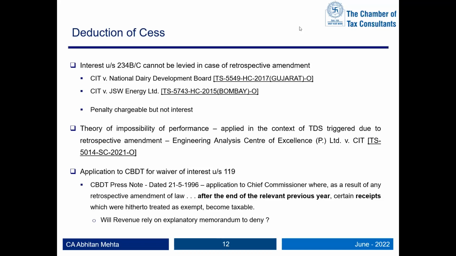So basically the problem is that the catch comes after the end of the relevant assessment year, previous year, and possibly when the notification was introduced. We had the budget at the end of February, and it was always passed in the month of April. So it was not possibly envisaged in 96 that we would have a Finance Act which passes before the end of the previous year, which would do a retrospective change.